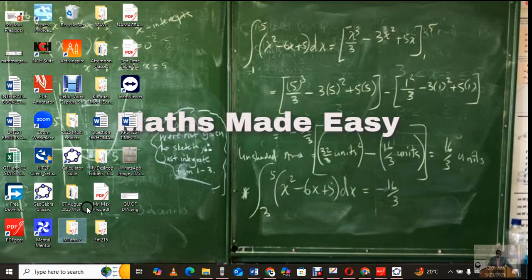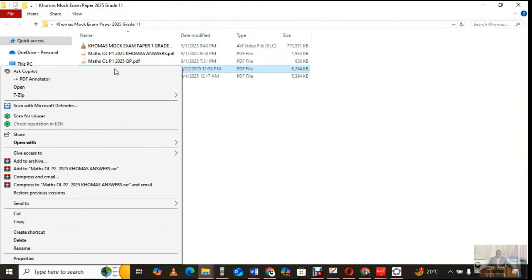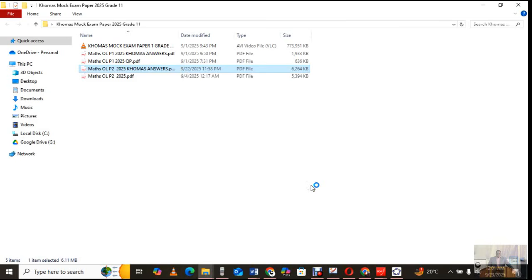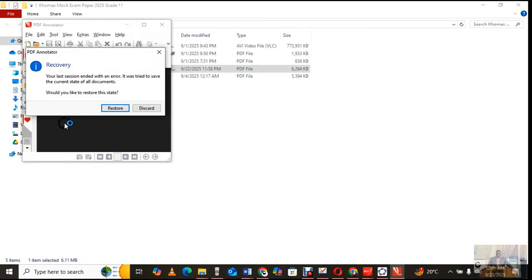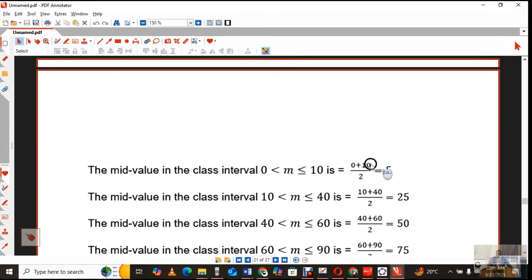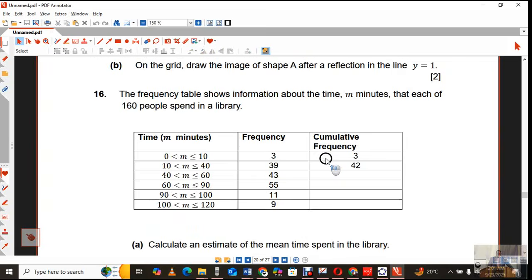Where is Khomas? Let's see if we can restore. Hopefully it has restored and we can go back to where we need to be. Let's just restore and enlarge that. Okay, good. I think this is where I was last, so I'm just going to copy that,